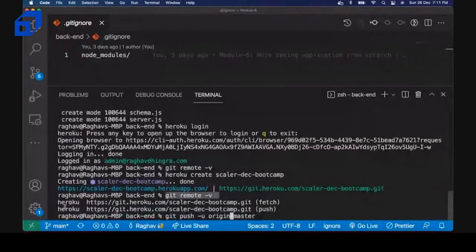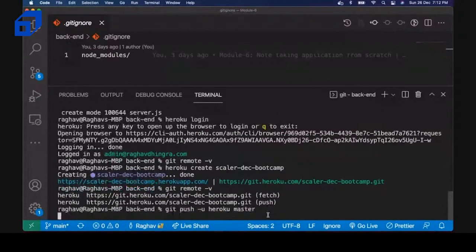Here Heroku is defined, representing from which URL the fetch would take place, and at which URL the push would take place. Again that would be on Heroku, and master means the main master branch in which our code will be present. And again I would be changing this origin to Heroku, and just by hitting enter,